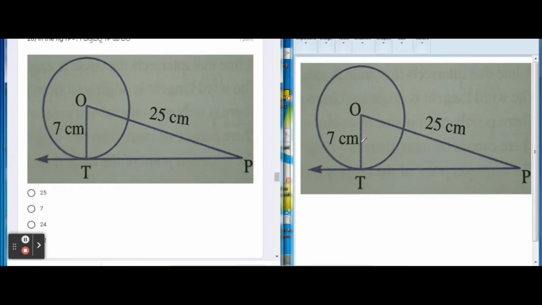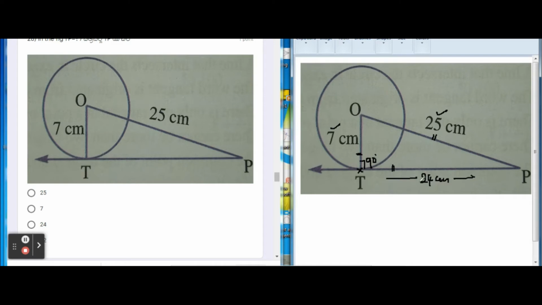So clearly this is a right angle triangle because the radius and tangent are perpendicular to each other. TP is a tangent because it's touching the circle at one point. OT is the radius. Radius and tangent are perpendicular to each other, which is 90 degrees. So clearly the OTP triangle is a right angle triangle and OP is the hypotenuse. Hypotenuse is 25, one side is 7, the other side will become 24 using the